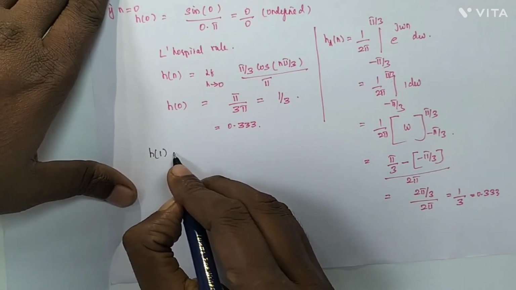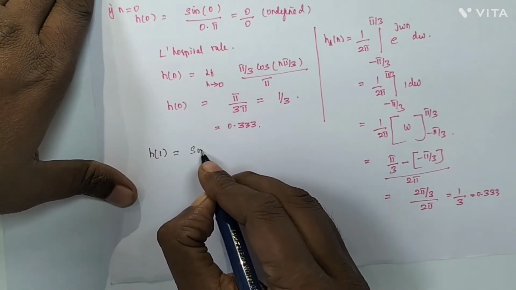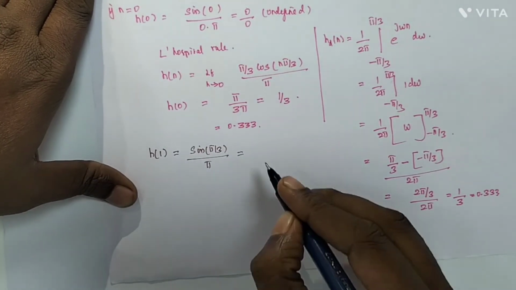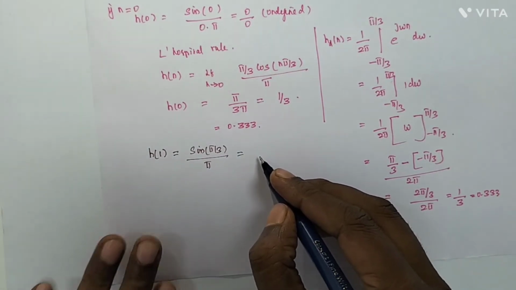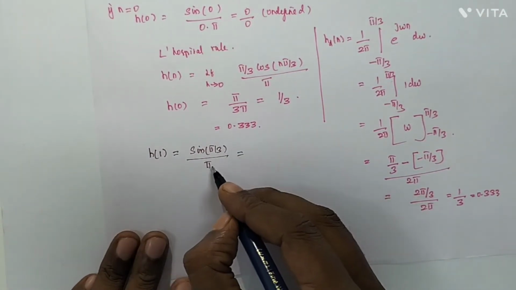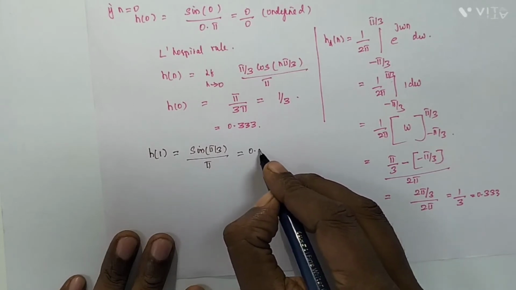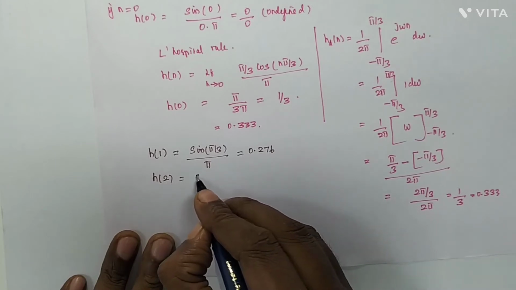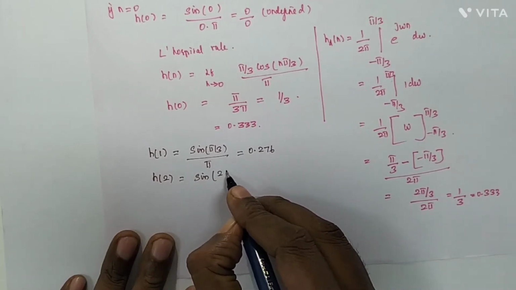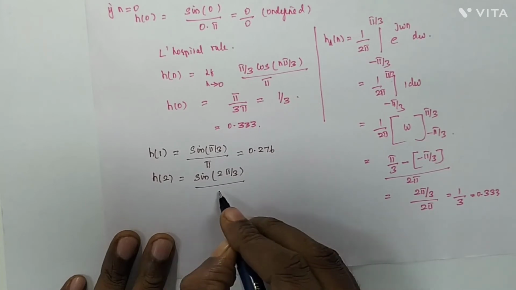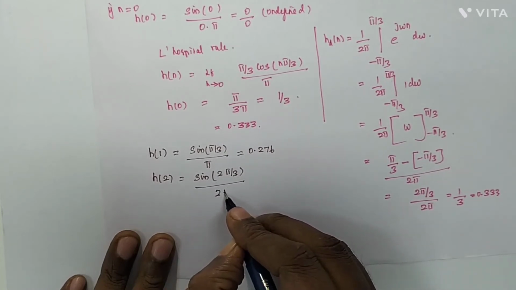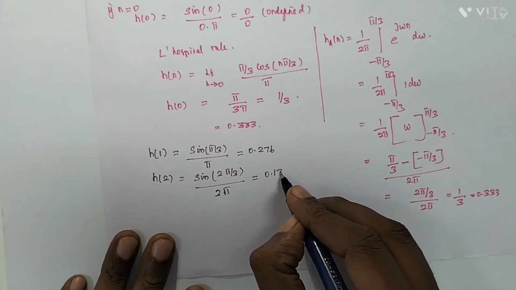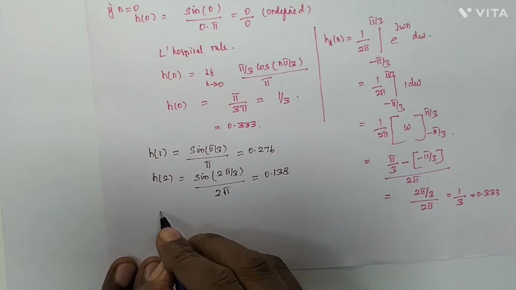H of 1 is equal to sin pi by 3 divided by pi. Keep your calculator in radian mode. That is sin pi by 3 divided by pi, which is equal to 0.276. H of 2 is equal to sin 2 into pi by 3 divided by 2 pi, which is equal to 0.138. H of 3